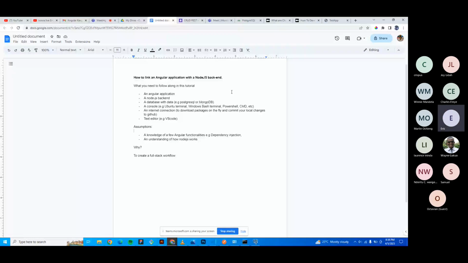what we are doing basically. We are linking an Angular application with Node.js, for everyone who's not up to speed with what's going on. What you need to follow along is an Angular application. I'll take you through how to create a simple Angular application. You need a Node.js backend. Again, I'll create a small, workable Node.js application that has one